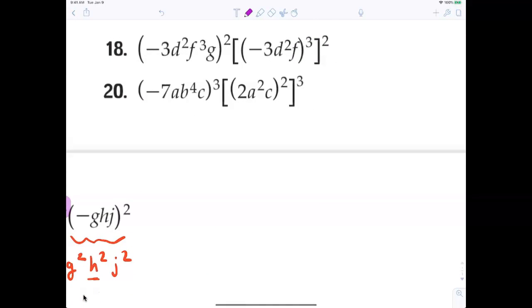All right, so what you're going to do is you're going to tell me what is this answer right here. So is it negative 9 or negative 6? No, negative 3 times negative 3. Negative times a negative is always a what? So yes or no? 9. Yes. 9, D to the 4th, F to the 6th, G to the